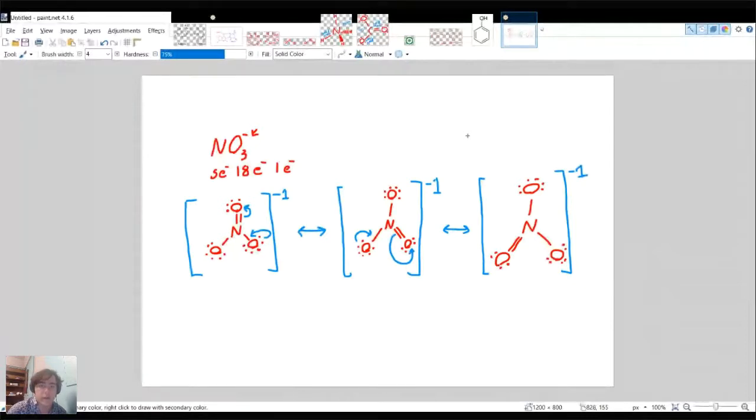So my recommendation is to draw these resonance arrows that show where the electrons are going and where they're coming from, because it'll make the whole drawing process make a lot more sense. Your teacher personally might see the arrows on your final answer and be like, oh, that's wrong. I never taught that. But in that case, just draw your final answer without the arrows, but in your work,